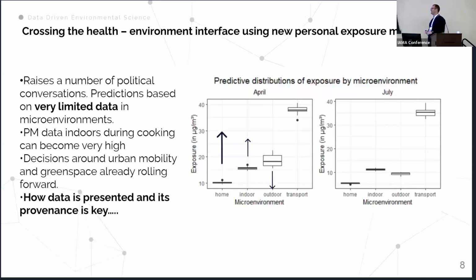And of course, they have various political connotations here, right? So when we showed this as a demonstrator of what's possible to the local authorities, they were very, very concerned that we were saying, well, if you're on a train, then your personal exposure is going to be dominated by that half hour on that transport system. I think generally what it shows us is we can get to somewhere very quickly, but then it opens up the real importance of the provenance in the data on which these kind of systems were built. Okay, and obviously these bars could go up, these predicted exposure levels can go up and down by different microenvironments as the data in those environments become better known.